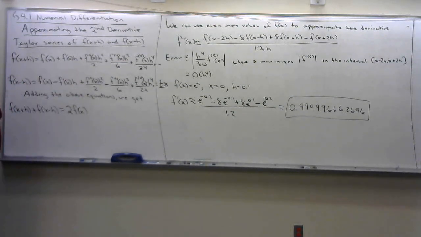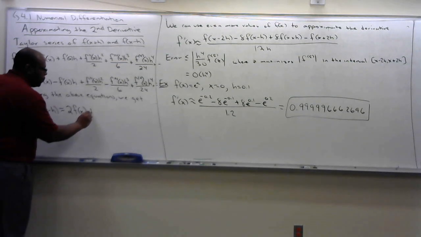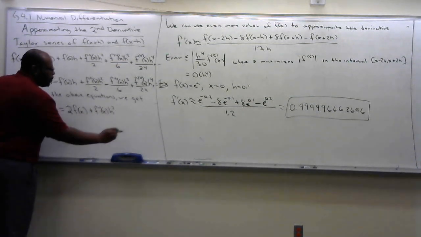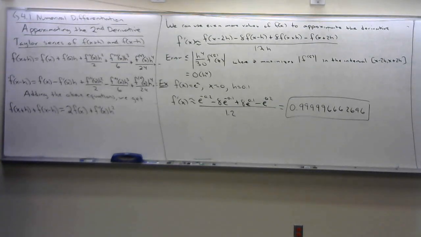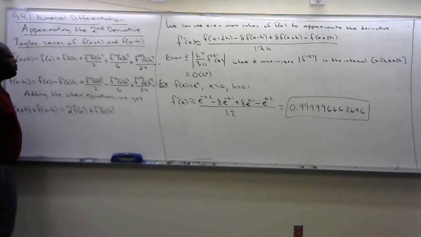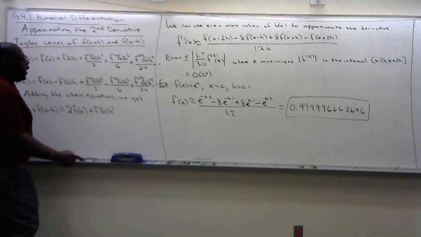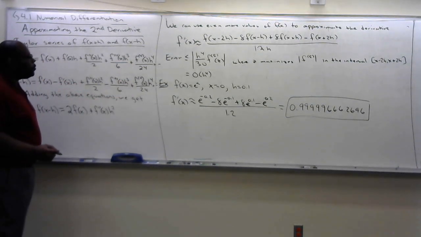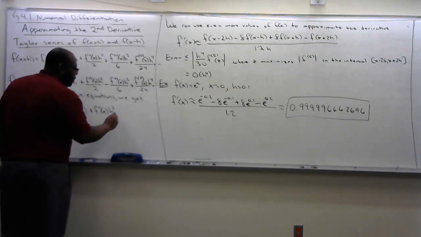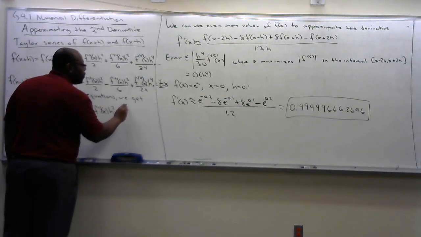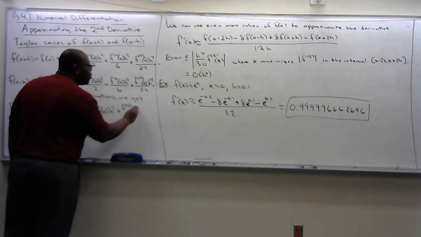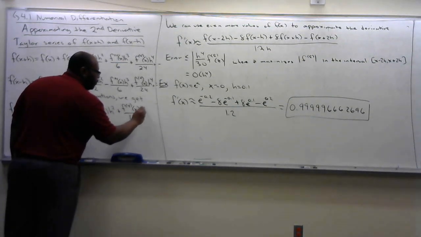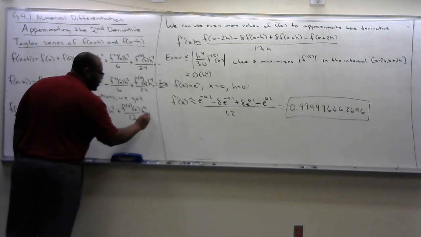Add these two together, I get f double prime of x times h squared. Adding these two together, I get 0. Adding these two together, what's that going to be? 2 over 24. I can write that as 1 over 12, h to the 4th, plus